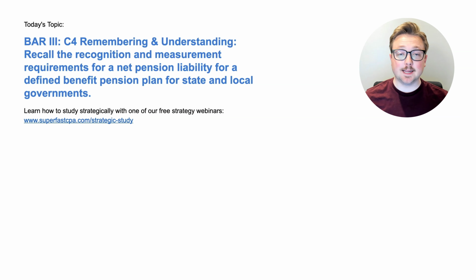I'm Logan, and in today's video, we're going to be going over BAR area 3. This is section C4. This is a remembering and understanding topic. Recall the recognition and measurement requirements for a net pension liability for a defined benefit pension plan for state and local governments. And we're going to be doing that the SuperfastCPA way, which is diving straight into the questions to